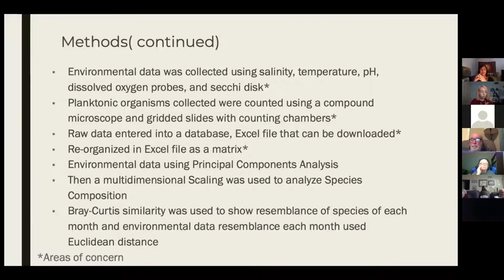How then do we determine what within that environmental value is really making today's sample different from last week's sample or next week's sample, right? Is it the temperature? Was the temperature different? Was the salinity different? Was the visibility different that day? And so applying principal component analysis to this big matrix that we've used multivariate statistical analysis on can give us